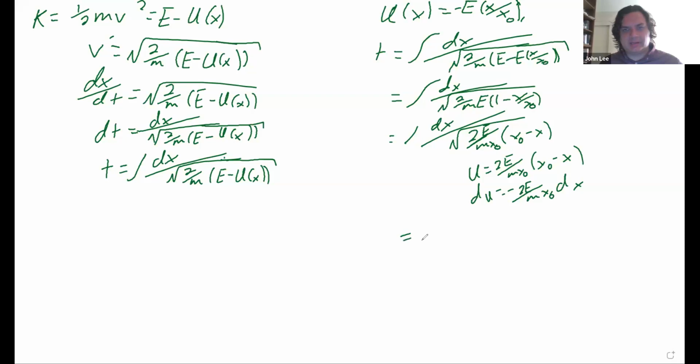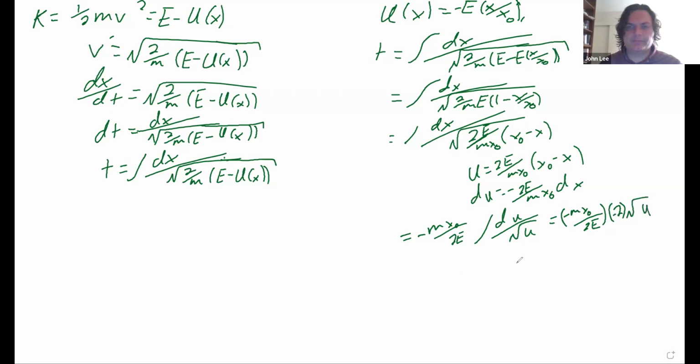So this time becomes negative m x naught over 2E, du over the square root of u, equals negative m x naught over 2E times negative 2 times the square root of u, which is equal to m x naught over E